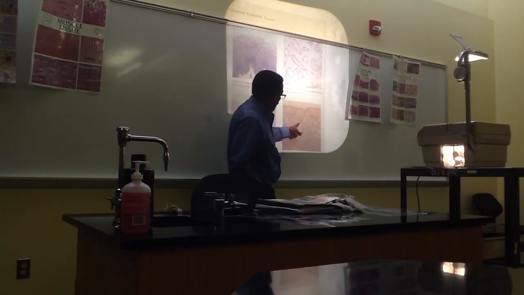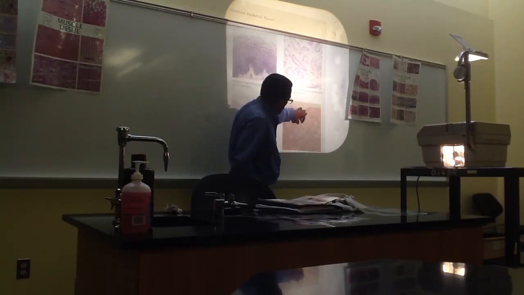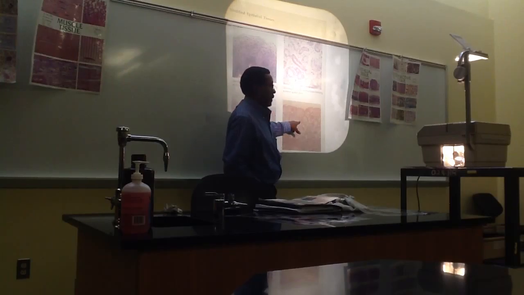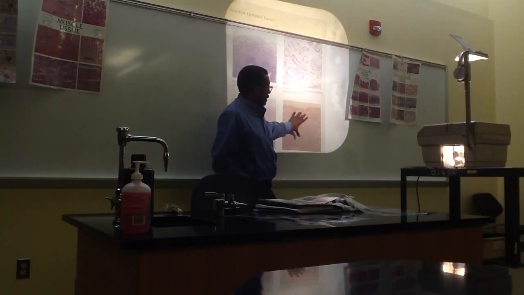But if this was a columnar cell, the nucleus would be distorted and toward the bottom instead of a nice oval nucleus like a cuboidal cell would have. So it has characteristics of both a columnar cell and a cuboidal cell, as though it's changing from one to the other, which is why this is called